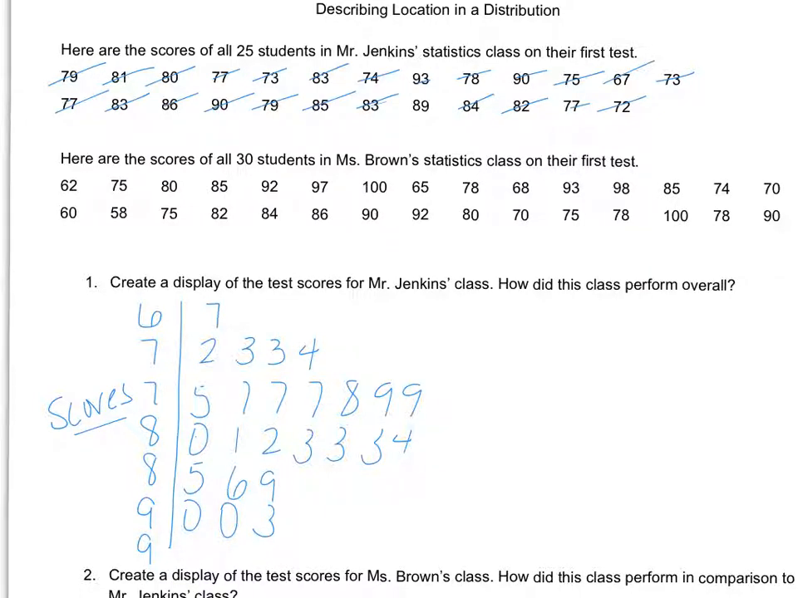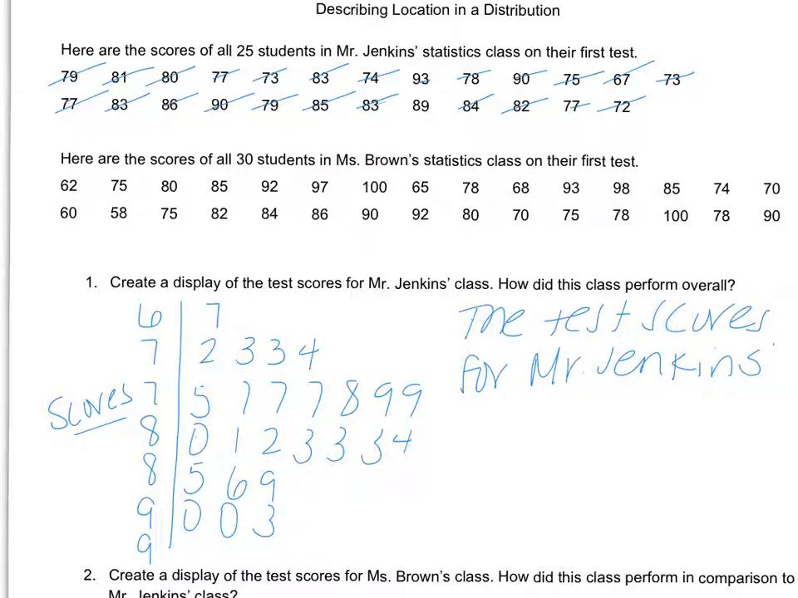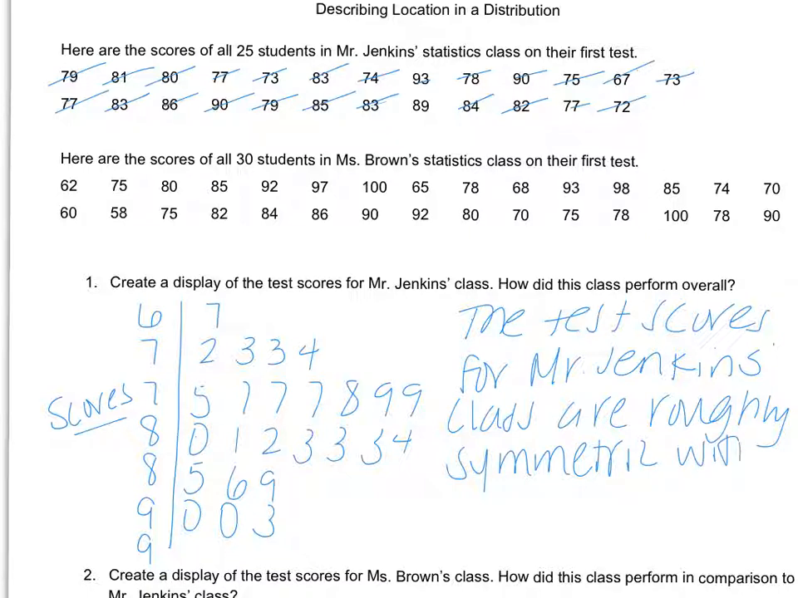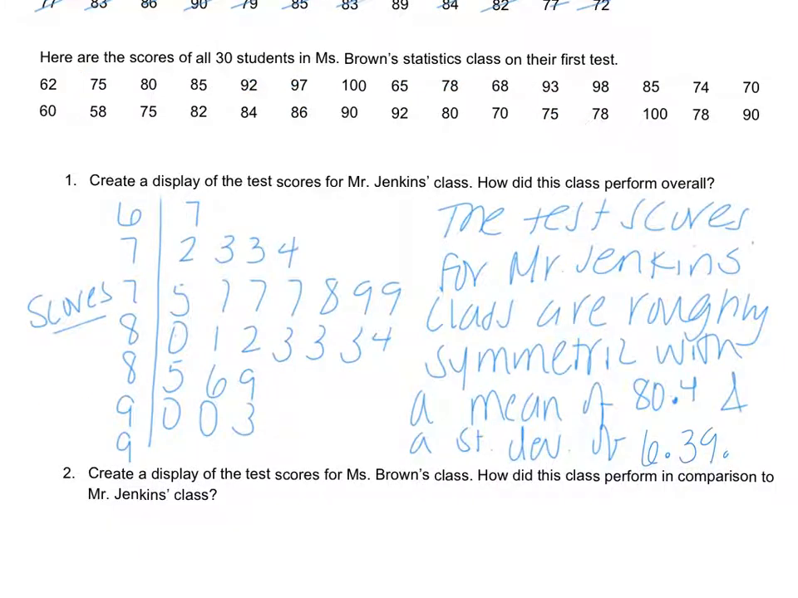So we could say the test scores for Mr. Jenkins' class are roughly symmetric with a mean of, and I'm going to figure that out now, and a standard deviation of blank, and I'm going to figure those out now. All right, so I used my calculator and calculated the mean of 80.4 and the standard deviation